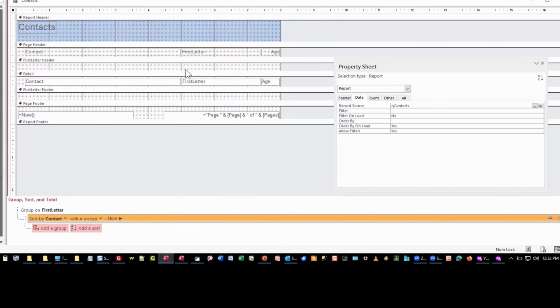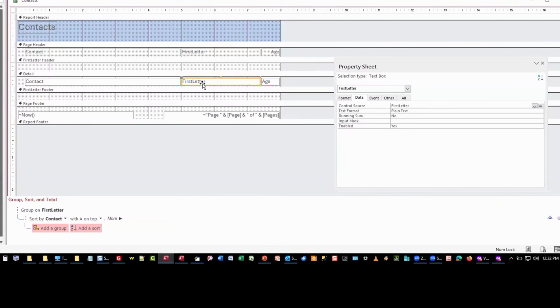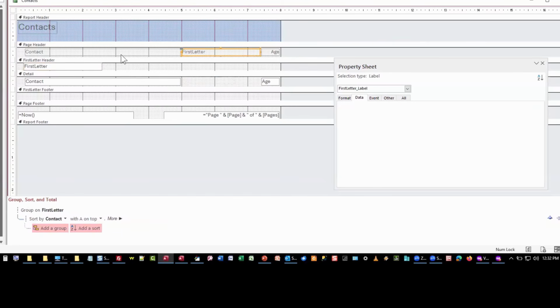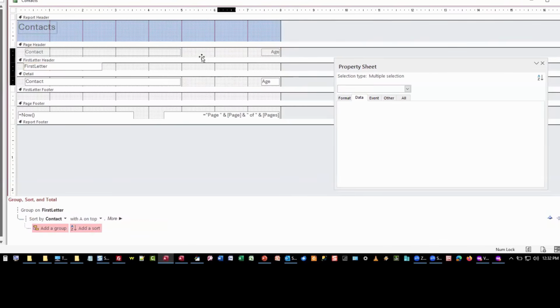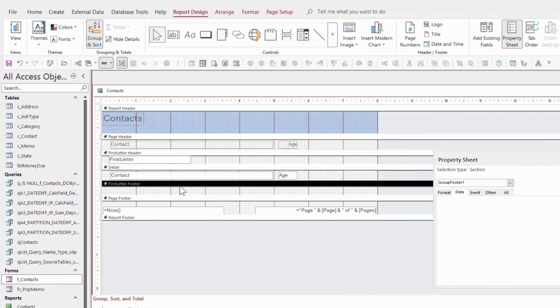So I'll group on the first letter. Now I'll just move this first letter up to the grouping thing here, and actually I'm going to get rid of that as well. Move these ages over, and in the first letter footer I'm just going to create a calculated field. So go here to